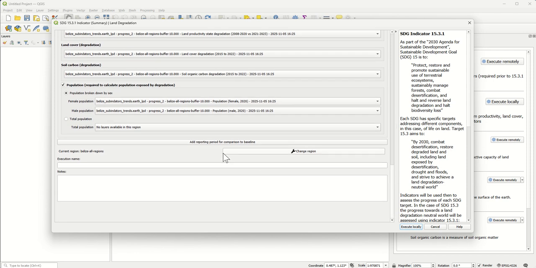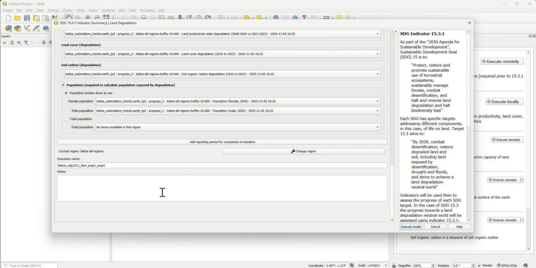Then I can make sure that I'm calculating this over Belize or regions, and I'm gonna name the task SDG 15.3.1 for baseline, progress 1 and progress 2.